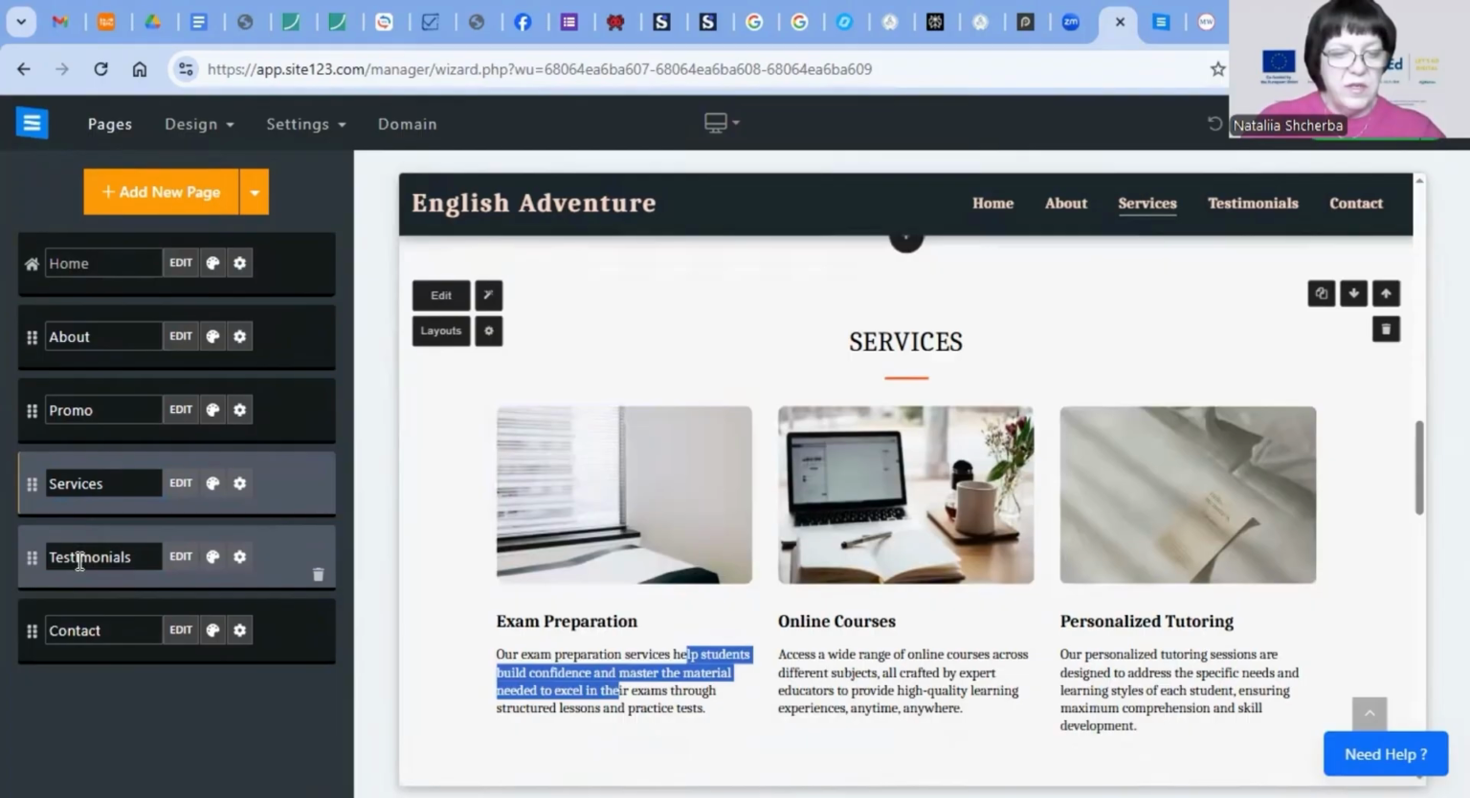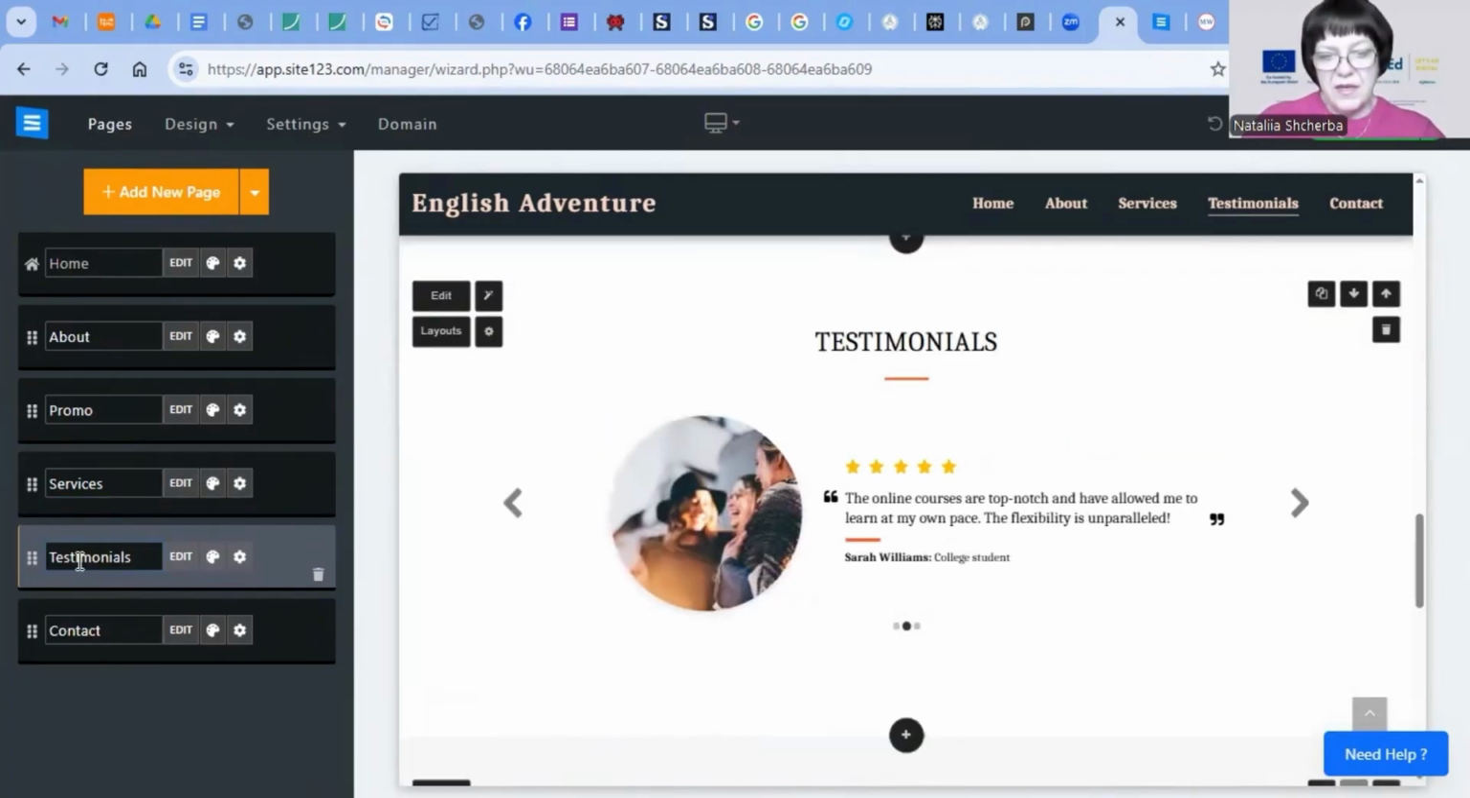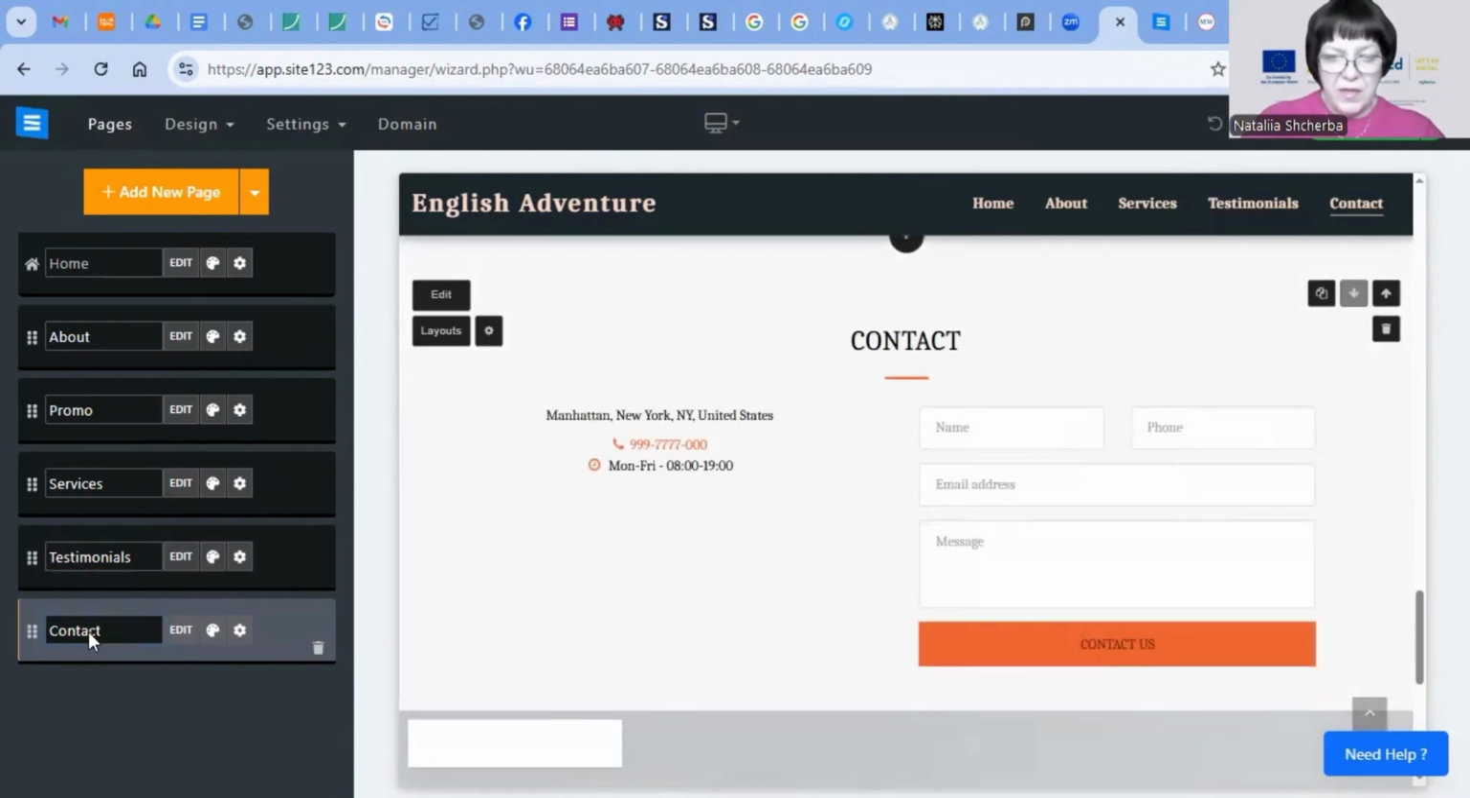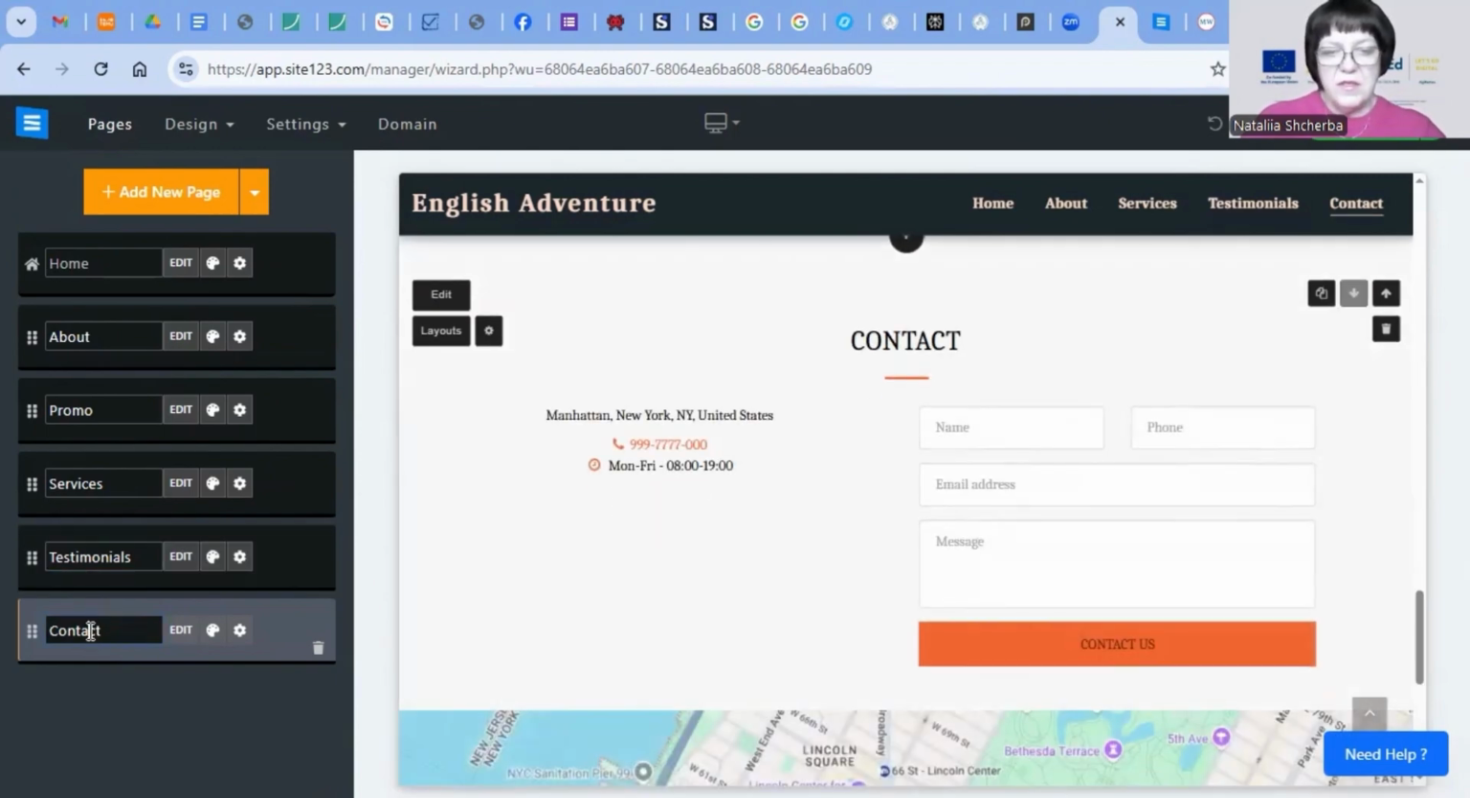Then testimonials, it is comments of our previous colleagues or previous students. And at last, the contact page. If it is a language course or some commercial language school that we are advertising, then we might need all of these pages. But if this site is useful for our classroom work, then we might not need all of